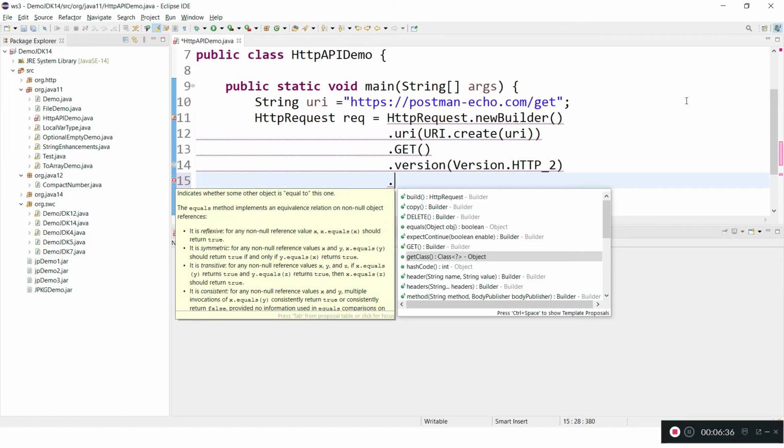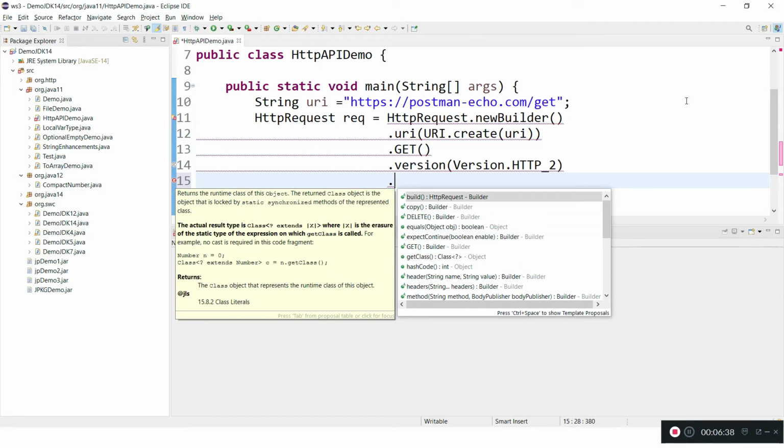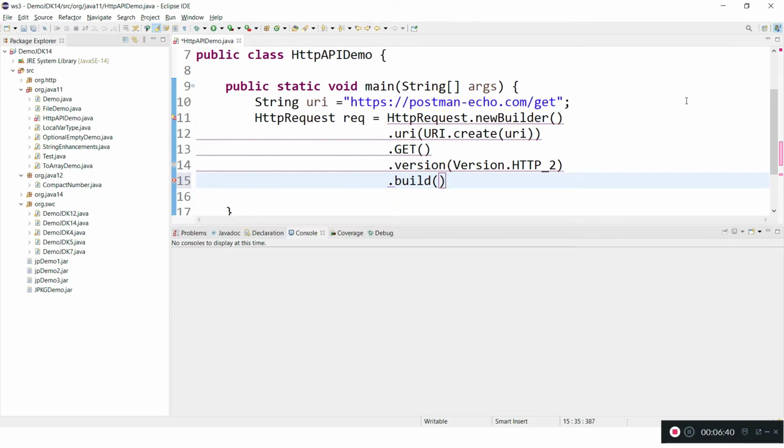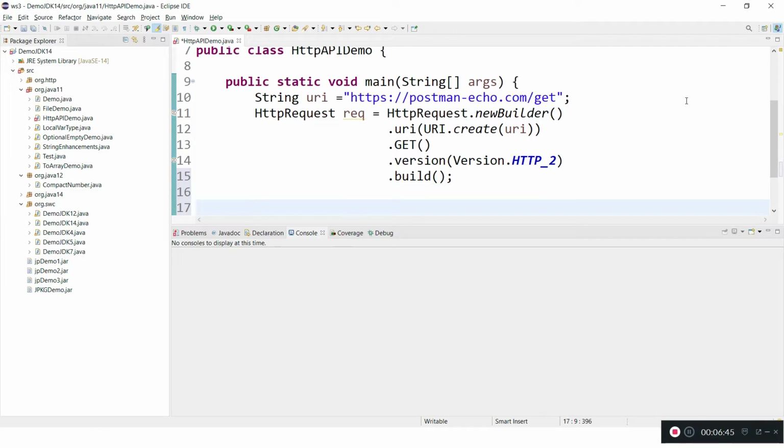So I think that is pretty much it. Now we will build this one so that we will get the request object. Now step 1 is completed, we got the request object. Now we build the client, so that is HTTP client